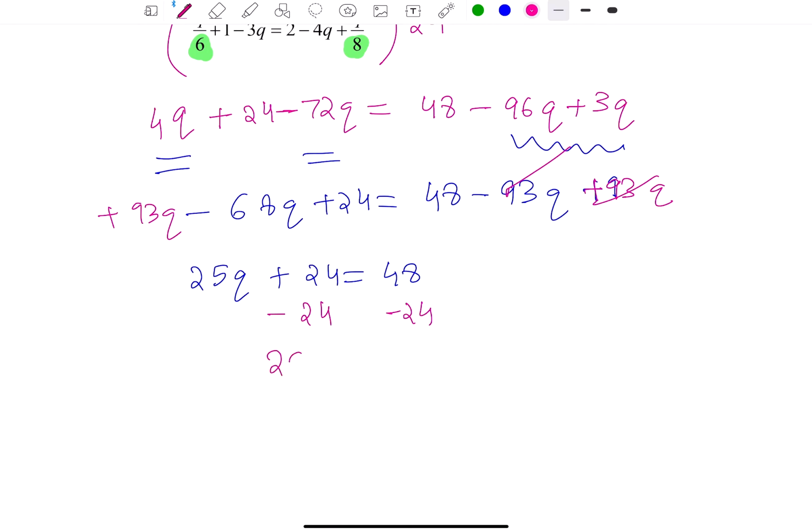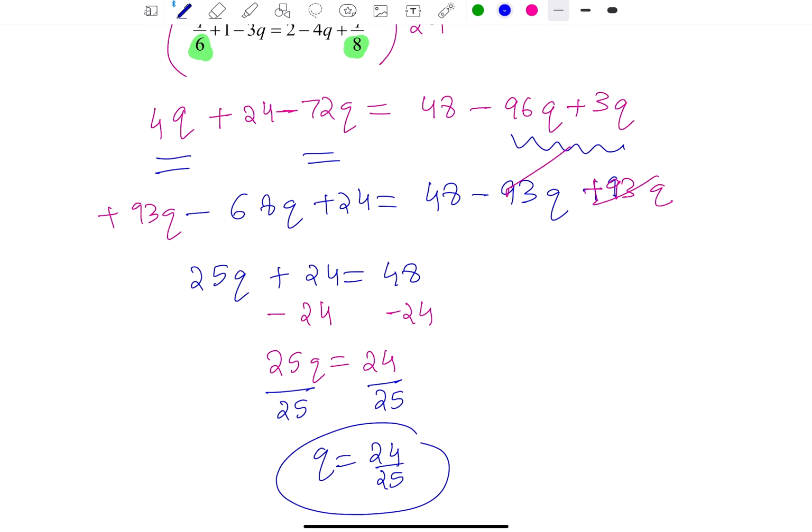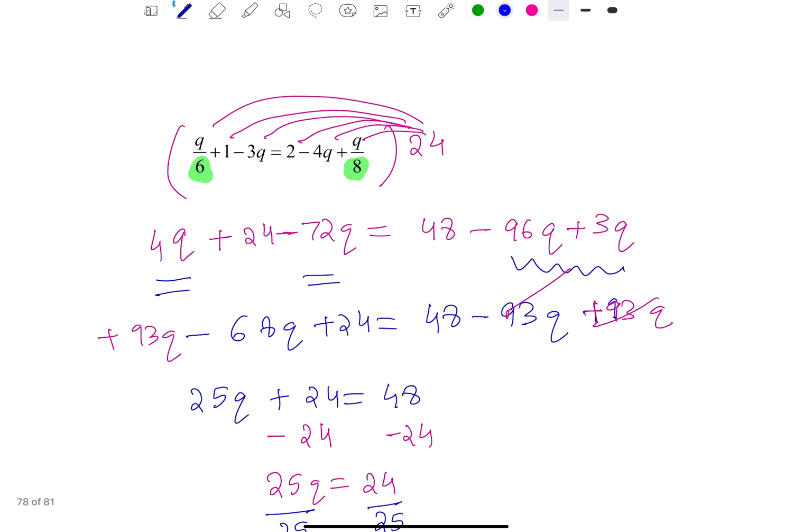Subtract 24 from both sides. 25q equals 48 minus 24, which is 24. Lastly, divide both sides by 25 to isolate the variable. 24 divided by 25 is the solution here. That's the value for q. That means if we replace q